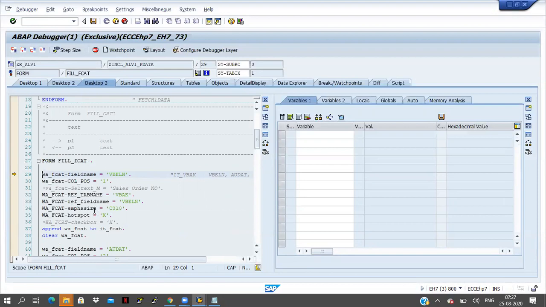Then what I have to do? I have to execute all these subprograms at a time. Then what I have to do? Anyone? F6. Sorry, F6, right? Yes, sir. F7. Okay, I'm clicking on F6 first of all.